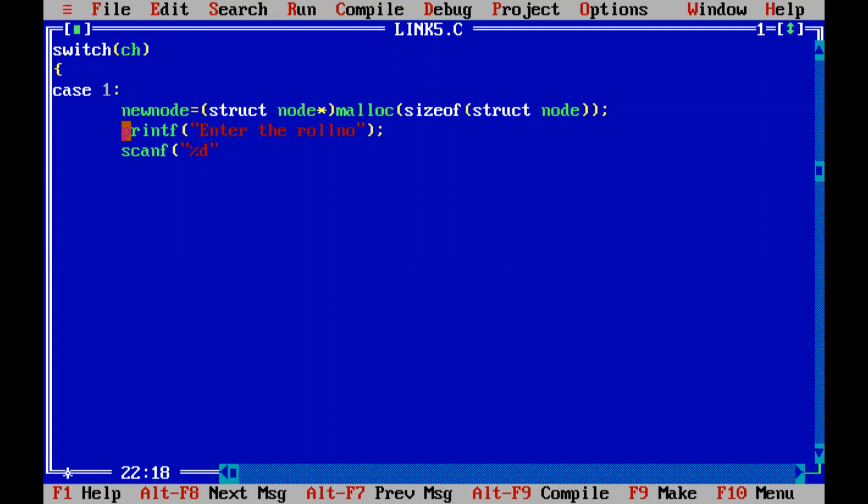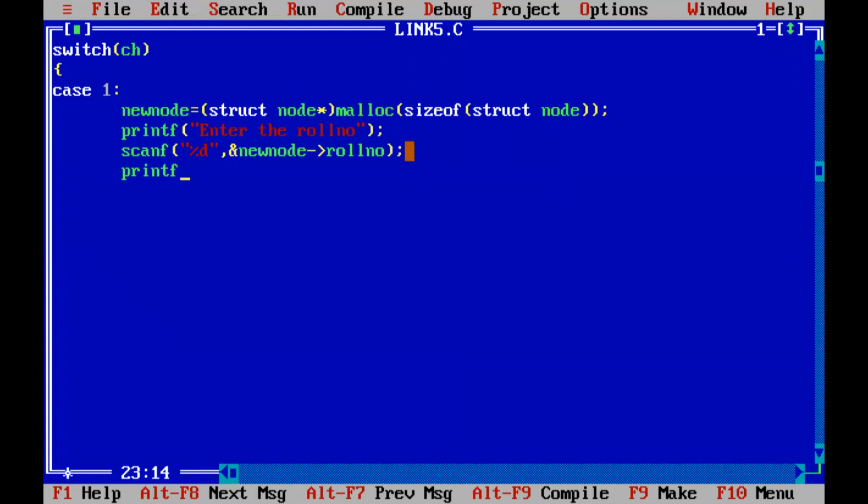In the node, where will the data for the roll number be saved? We have created a new node, and the new node's roll number part will save the roll number. You have to put an ampersand before the variable name. Got it? So roll number we got.